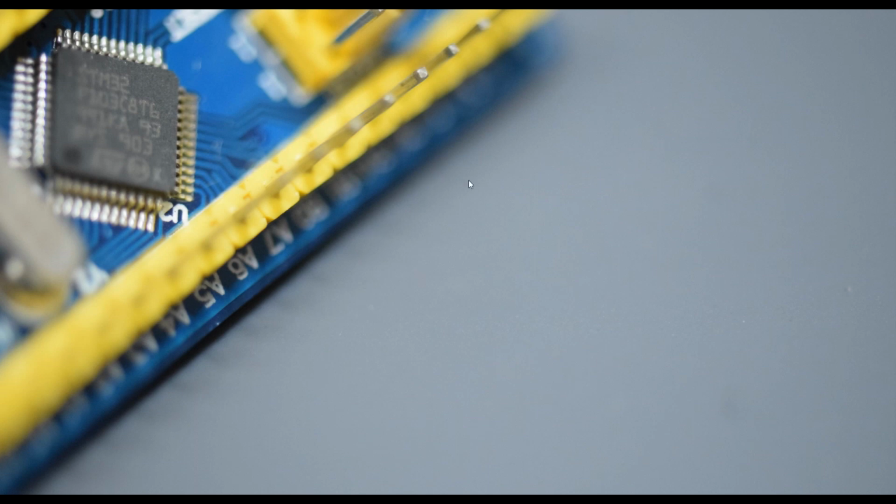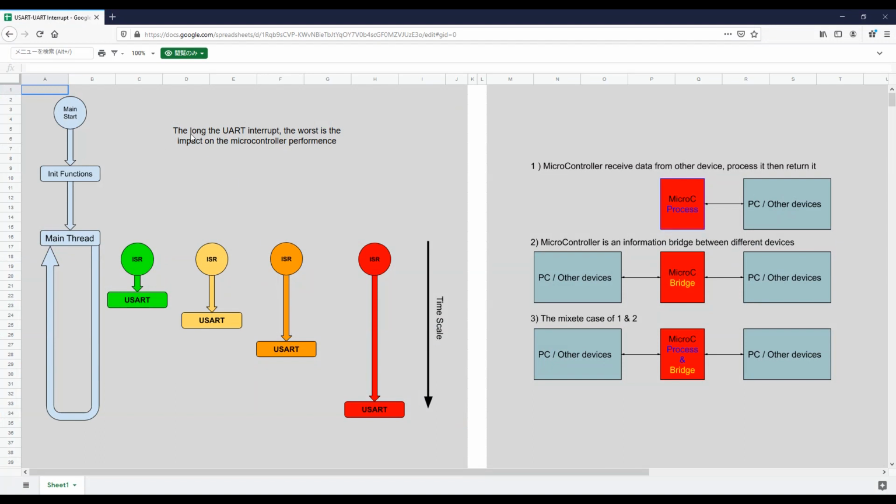Good. Before starting that, I would like to go through a little bit of theory, which will explain the code that I will be writing later on. Just quickly, within this graph, the first graph is showing how the main thread works for a microcontroller. We have the main activity starting, and then we initialize most of our functions. After that, the microcontroller goes through the normal activities, and then we have the ISRs, or interrupt service routines,